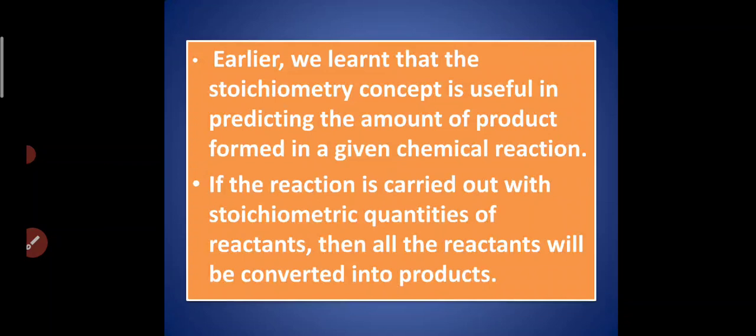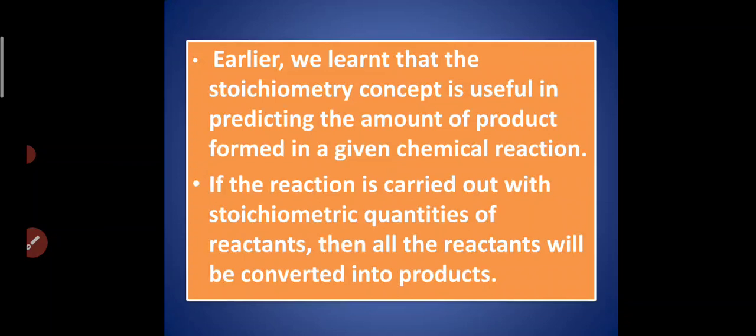So earlier we learned the stoichiometric concept, which is useful in predicting the amount of product formed in chemical reactions. So what did we see just now? Stoichiometric calculations, which will be helpful in predicting the product. Ivlo product form agum, ivlo amount of reactant eduthen appadina I will get this much amount of product. Adha calculate pandrathoda idea da stoichiometric calculations.